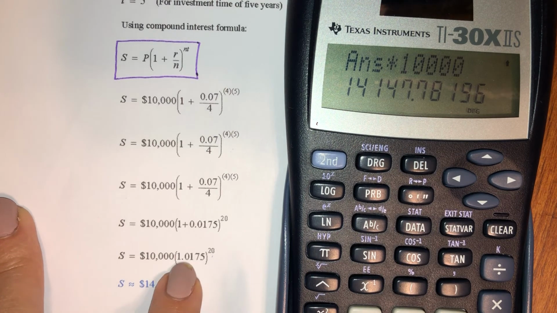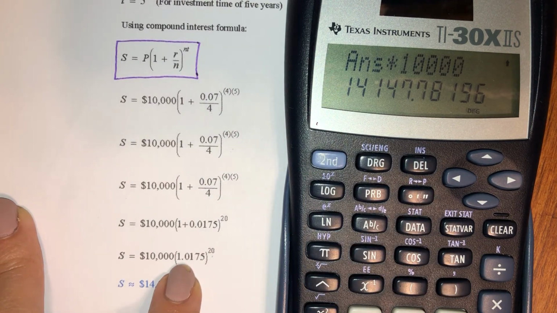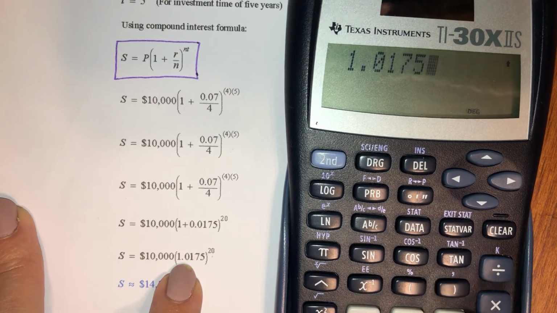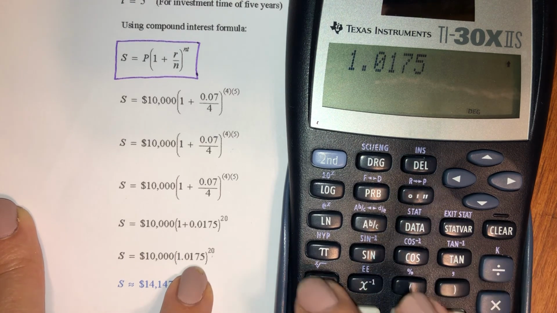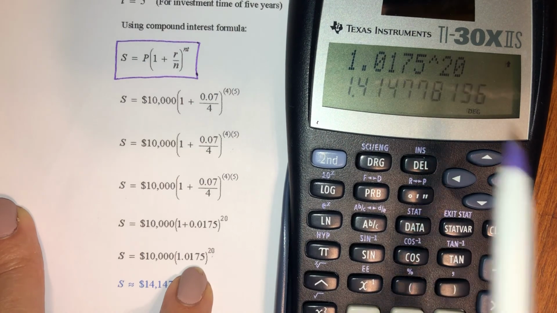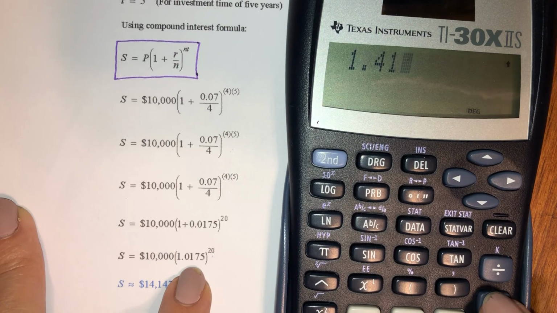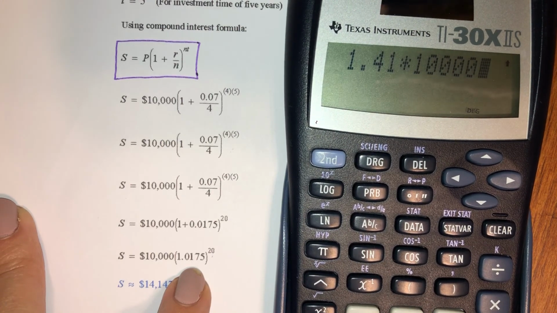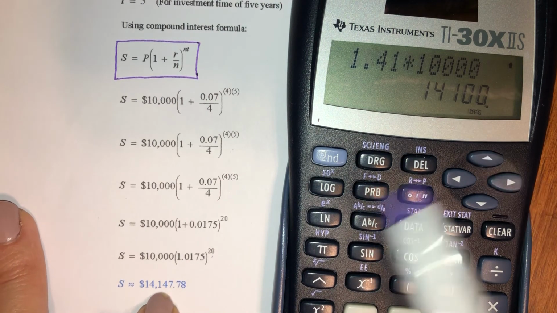Okay, now let's go back and see what would happen if I rounded too soon. So I'm going to go back to this 1.0175, and I take it to the 20th power. And I get this funky number here. Let's say I just round it to the nearest hundredth and use 1.41. So I take 1.41 and I multiply that by 10,000. Let's see what happens there. Oh, 14,100